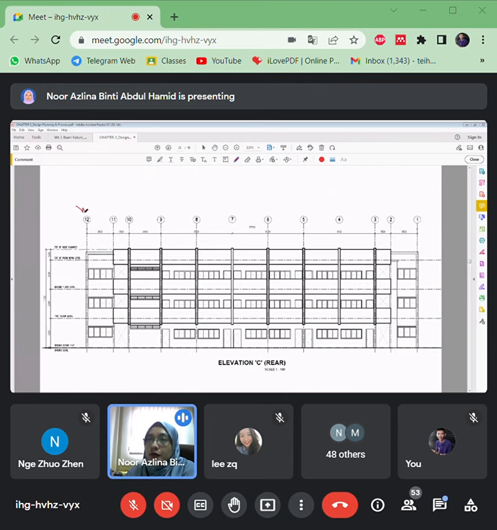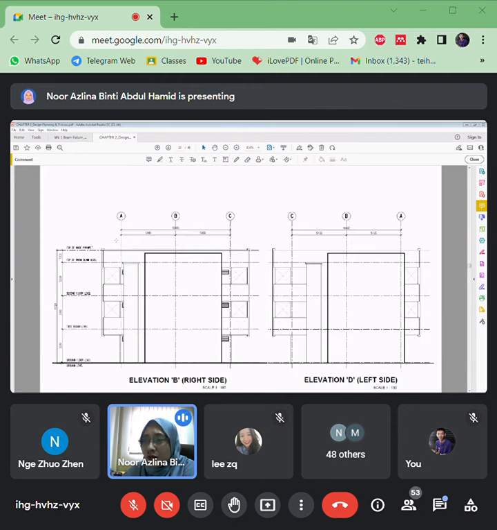There will be a different view of the grid line, where grid line 1 is on your right side. You have also learned AutoCAD. So there are right side and left side elevations. The right side may have, let's say, a balcony, air conditioning, storage or windows. The left side has a different view.